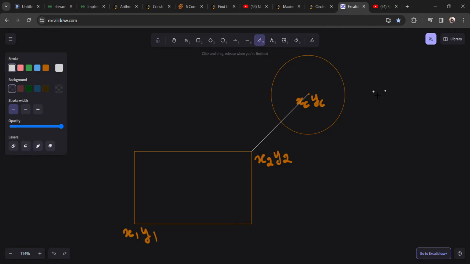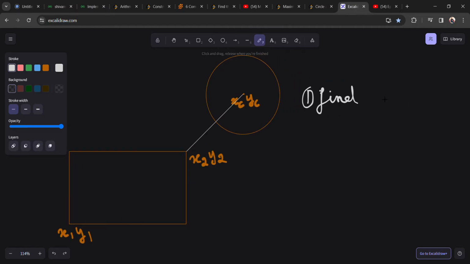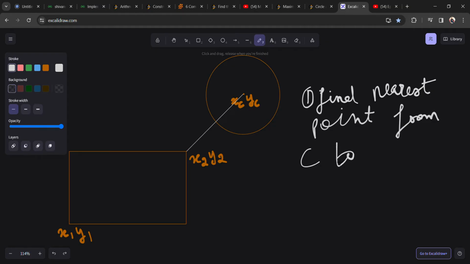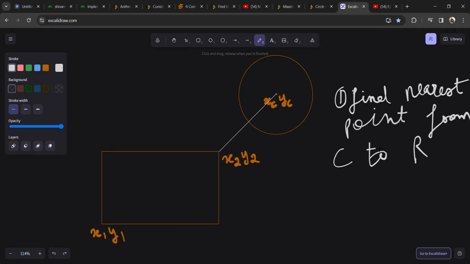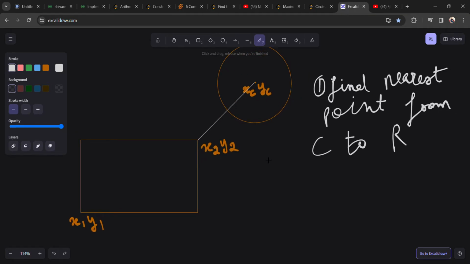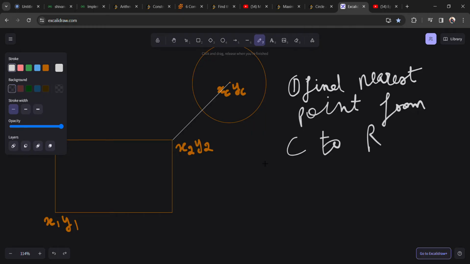So what is our step one? Find the nearest point from the circle to the rectangle. I will represent the circle with C. So this is the nearest point. Now I just need to find the distance. What is the distance between these 2 points? So in the second step we will find the distance, and in the third step,